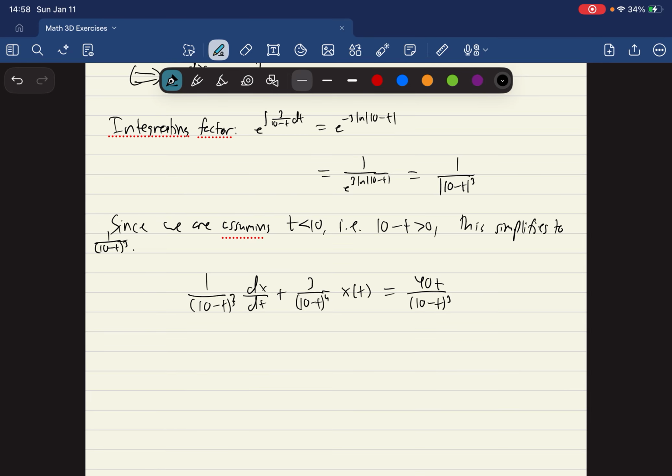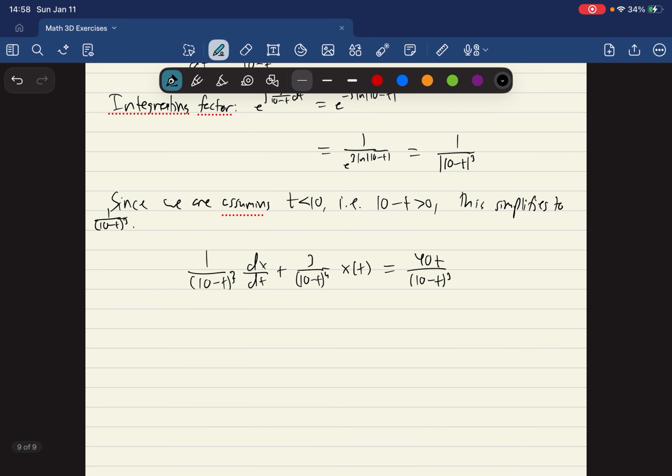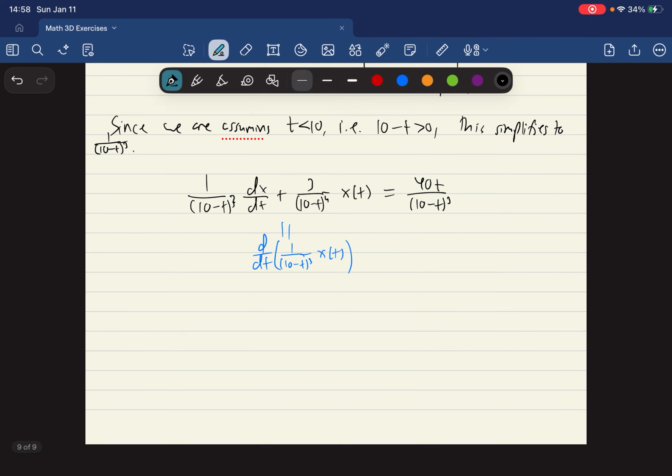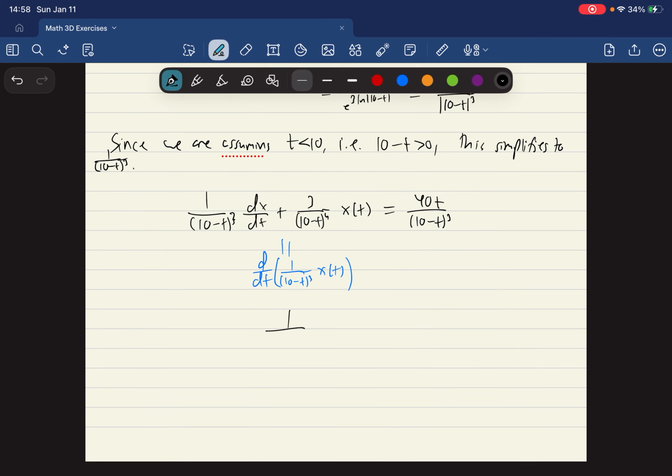And so the left side, we can recognize this as a product rule. This is just the derivative of 1 over 10 minus t cubed x of t. So it's always going to be the derivative of our integrating factor times our function x of t. And so if we take the integral of both sides, we're going to get that this is,